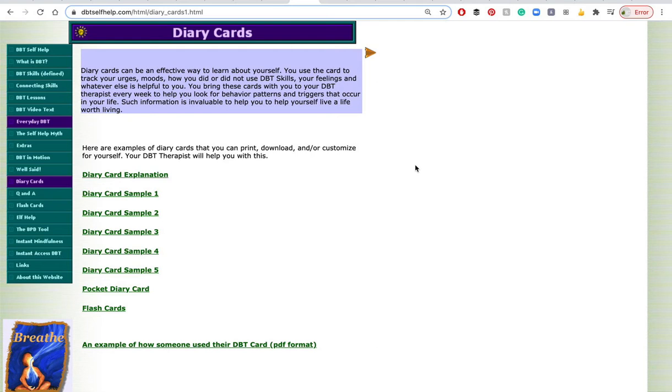I also have found a fillable PDF online, so if you'd like to add your own skills or just rearrange things, as I always say, the DBT skills that work the best are the DBT skills you use. So if it's easier for you to reorganize or sort certain things, or have fill-in places, or even have an example as you go, that is the diary card that is best suited for you. I will show more classic DBT diary cards as we move through how to fill out a diary card. The site that I'm on is